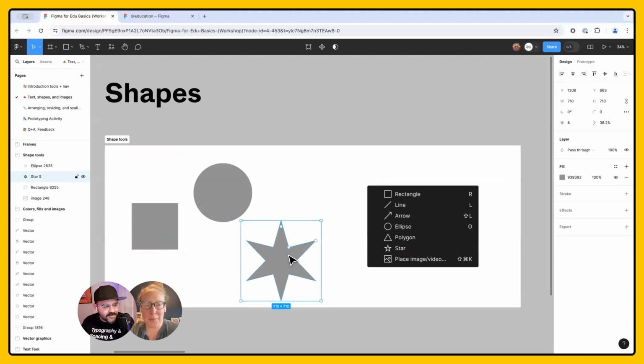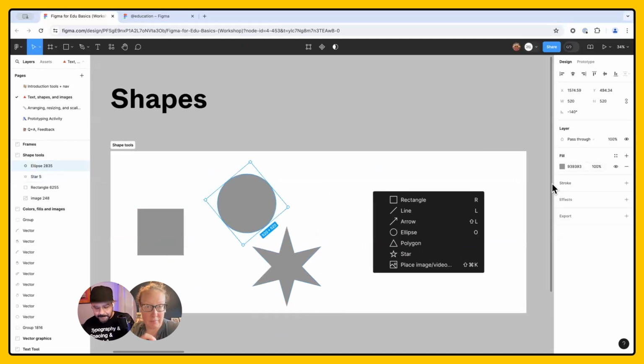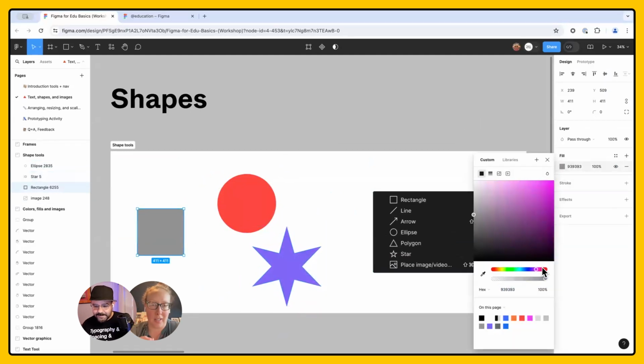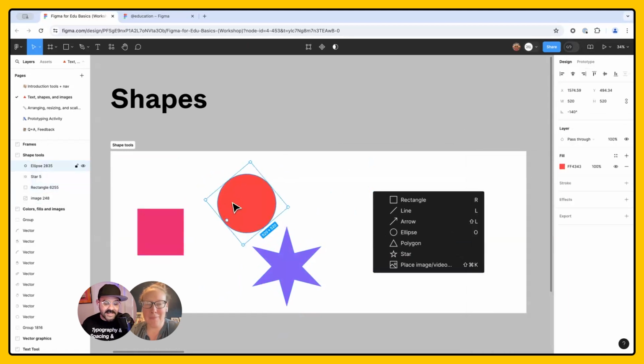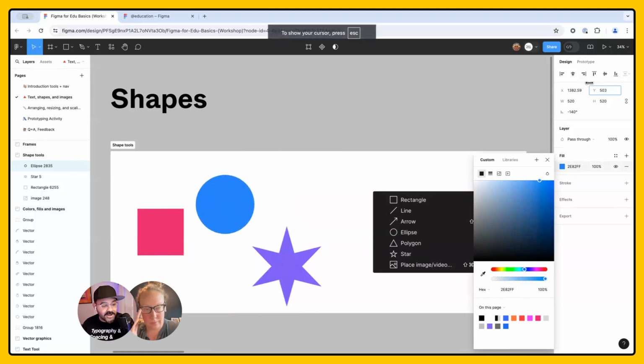Alex, do you have any questions before we continue? I definitely do. So just to repeat what you said, those shapes on your canvas are layers, and that right-hand panel controls each of those layers. So you could change things like the orientation or the color. Yes. So I'm selecting it, going over to the design panel, finding the property of that object that's over here on the left, and then I'm able to change that color. I could change its position by just dragging it around, or I could change its position over here on the right. Got it. Thanks, Megs.